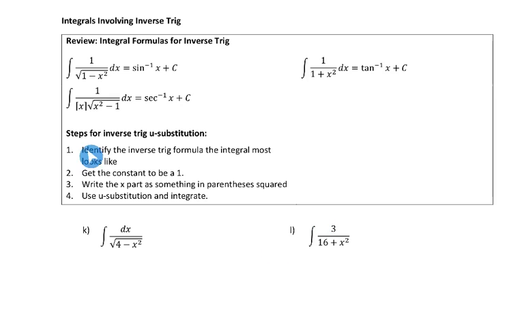So here are our steps. Identify the inverse trig formula. Again, that denominator helps us with that. Get the constant in the numerator to be a 1. Factor out whatever you need to. Write the x part as something in parentheses squared so that it's very clear what we're going to use our U-substitution for. So let's take a look at example